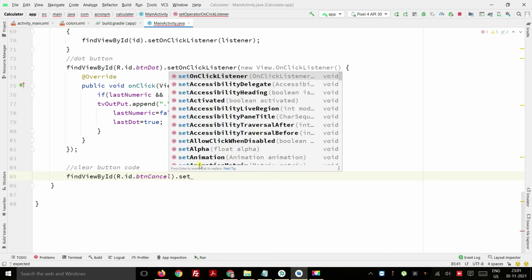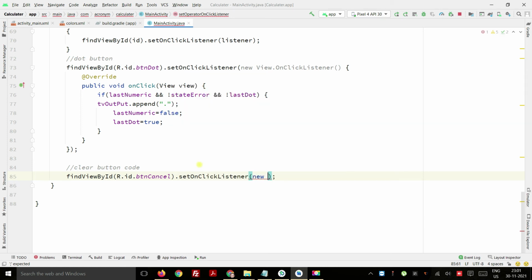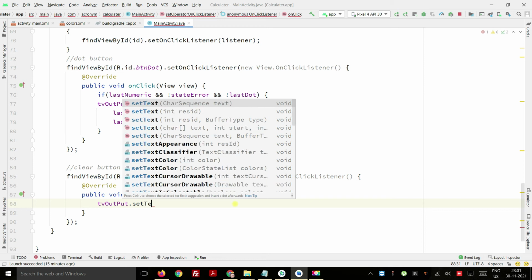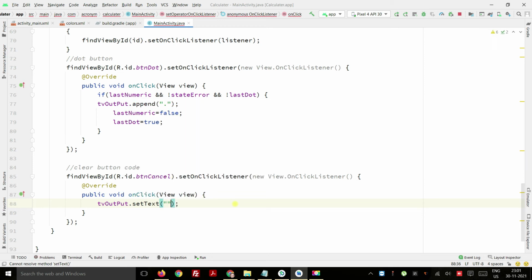Set on click listener, new view on click listener, and then we put TV output dot set text. Sorry, here we just put dot set text, and then double quotes. So it clears the text, whatever is there, and then resets all other states and flags. When we clear it, everything should be reset.